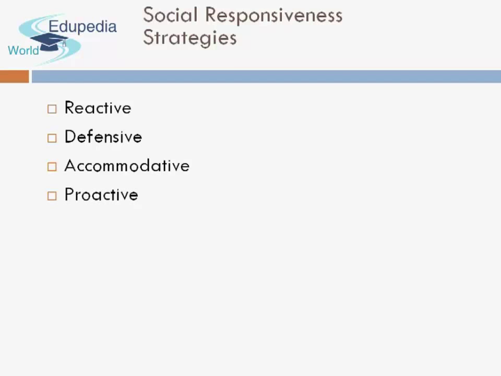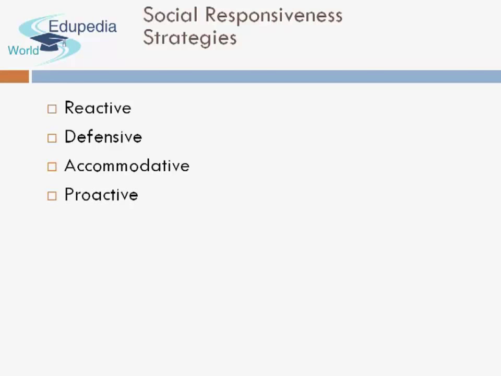A company using an accommodative strategy will accept responsibility for a problem and take a progressive approach by doing all that could be expected to solve the problem. So, for example, if a product has been produced and supplied in the market, and later on it has been realized that it had certain problems, the company might take back all the production and then reproduce it. So, accommodative companies are more ethical towards the society.